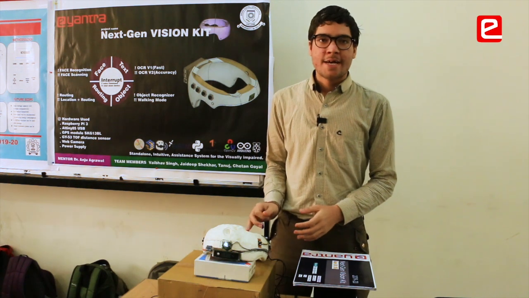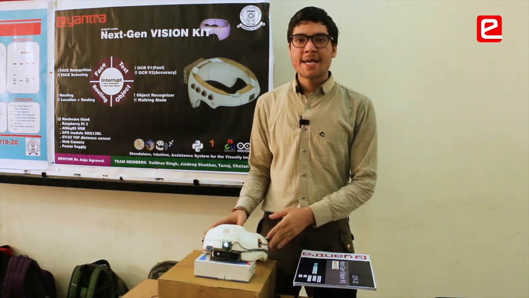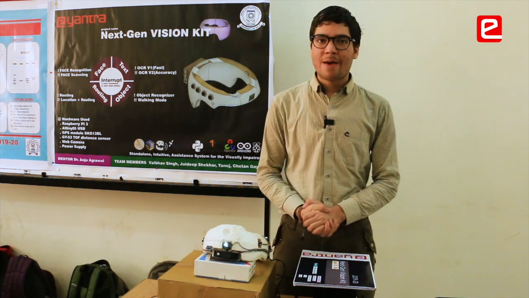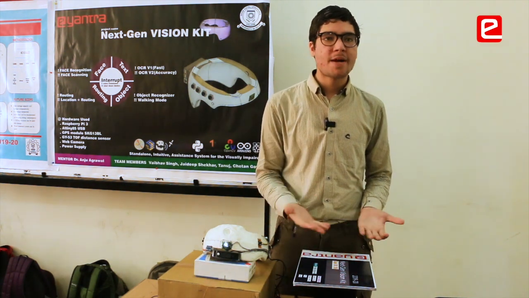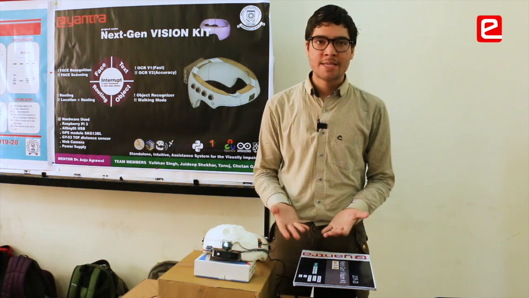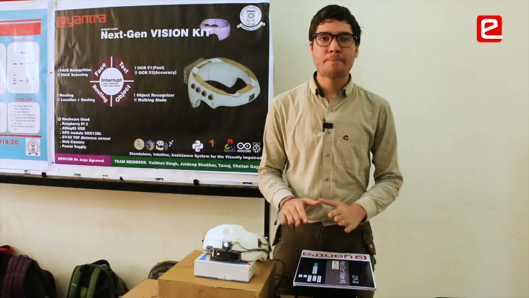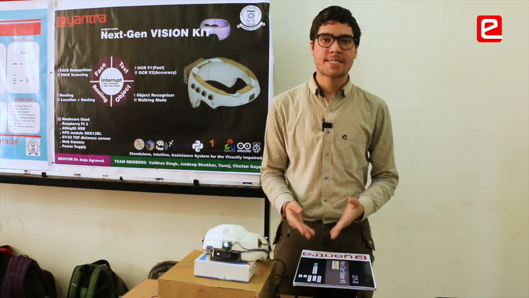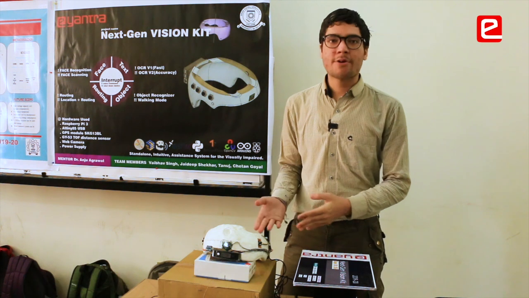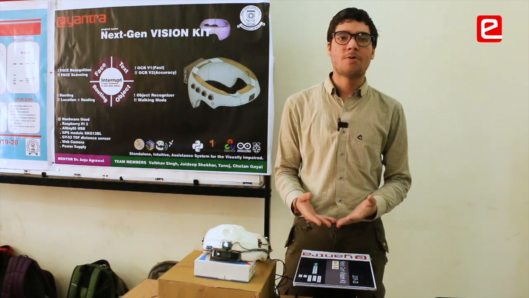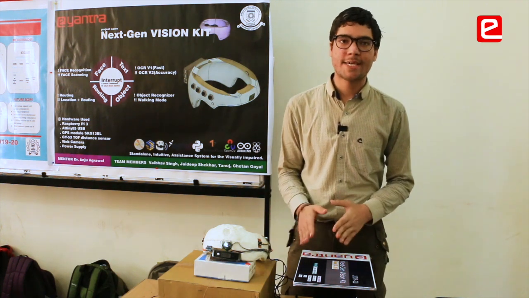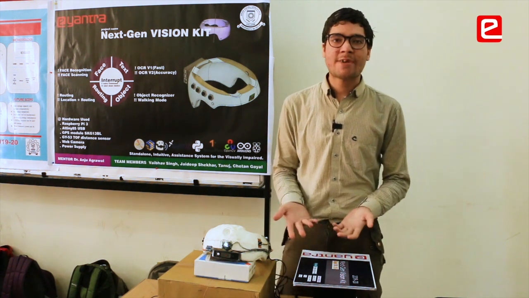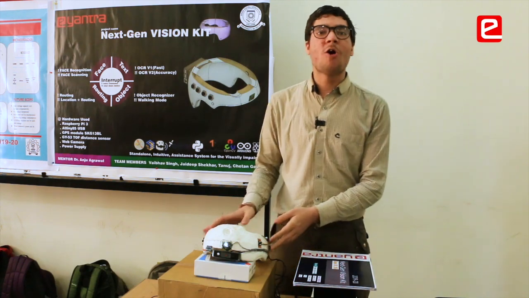Another important feature that we have in our project is navigation and routing. A person who wants to travel from one place to another can ask another person for guidance or maybe use Google Maps, but it is difficult to do for a visually impaired person. So we have provided a voice-based interface system where the person can communicate to the device where he wants to go or if he wants to find out his current location. So that instead of having to rely on someone who may or may not help them, they can rely on a device that's always with them.